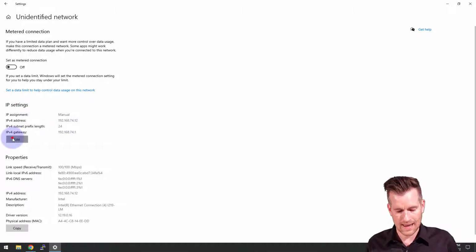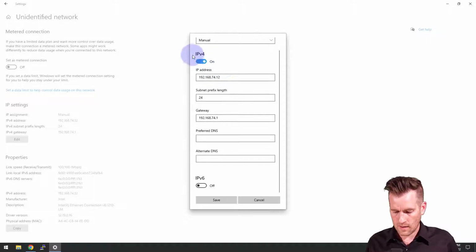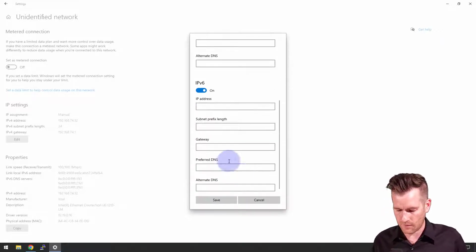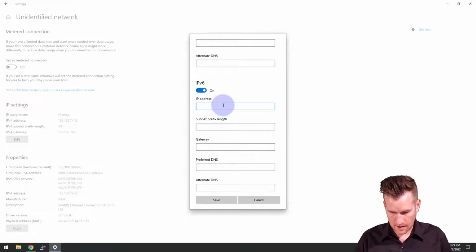So I'll click on the Properties, and here's where I can edit the IP settings. So I'm going to edit the IP settings, and then it's asking me if I want to manually set up IP version 4 and if I want to manually set up IP version 6. So I'm going to say, yes, I want to set up IP version 6. I need to give it an IP address. My IP address, I'm going to assign it, starts with FC00: